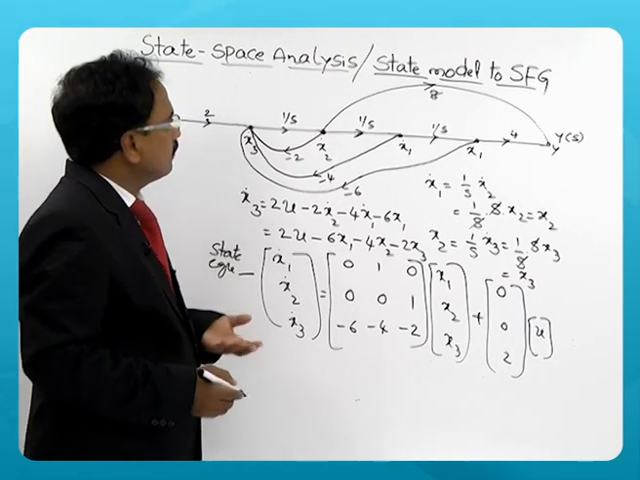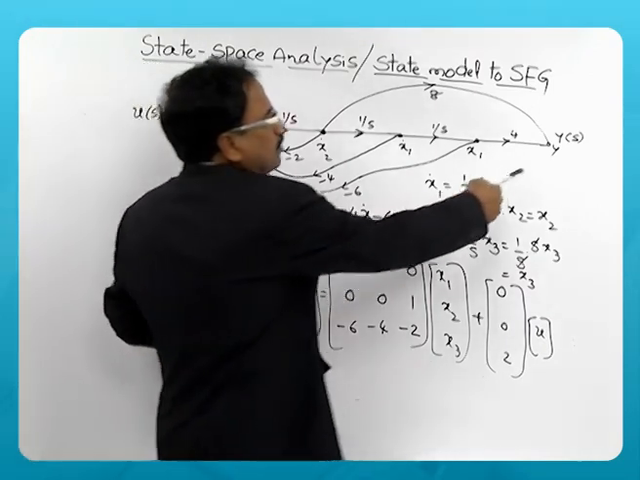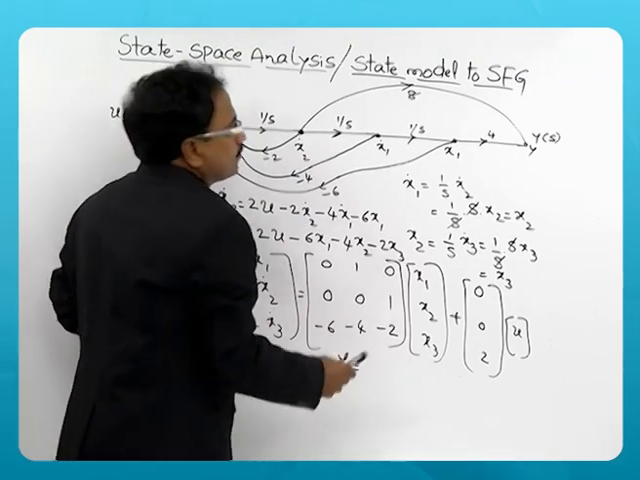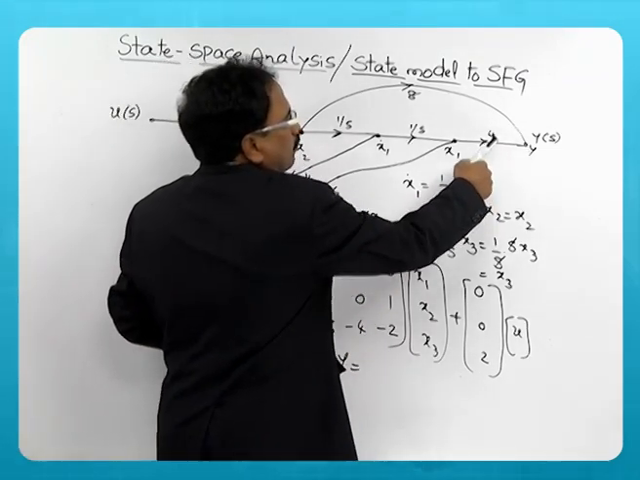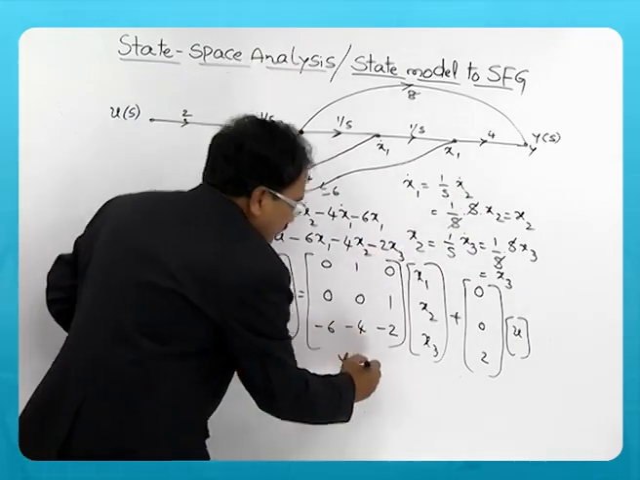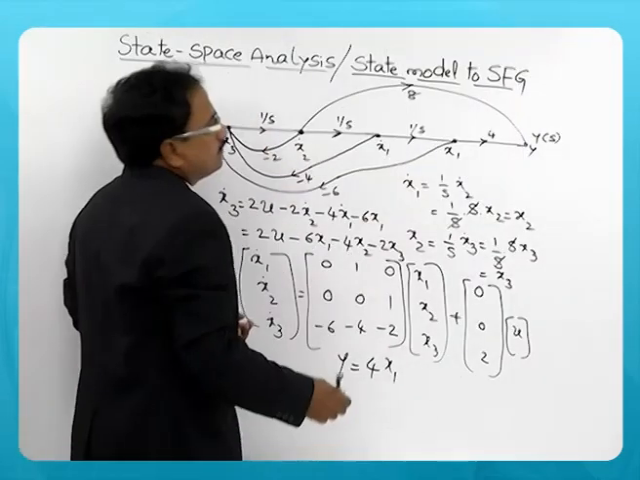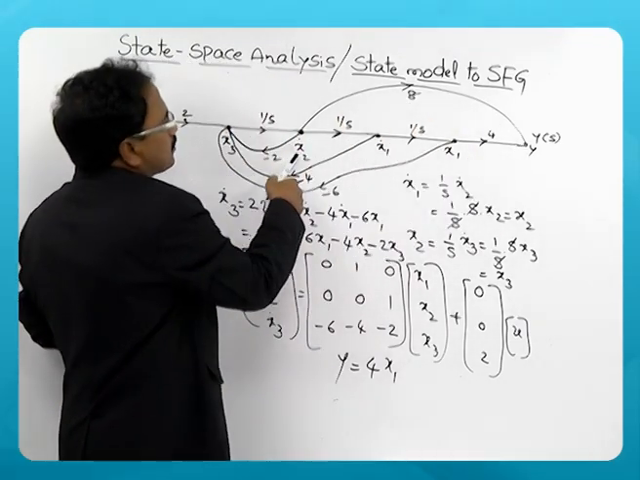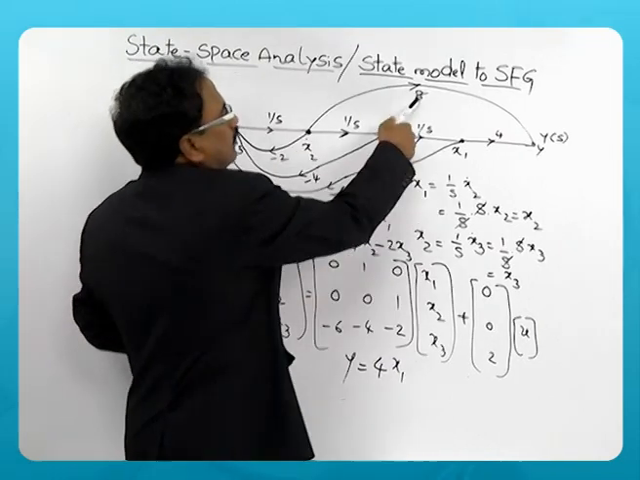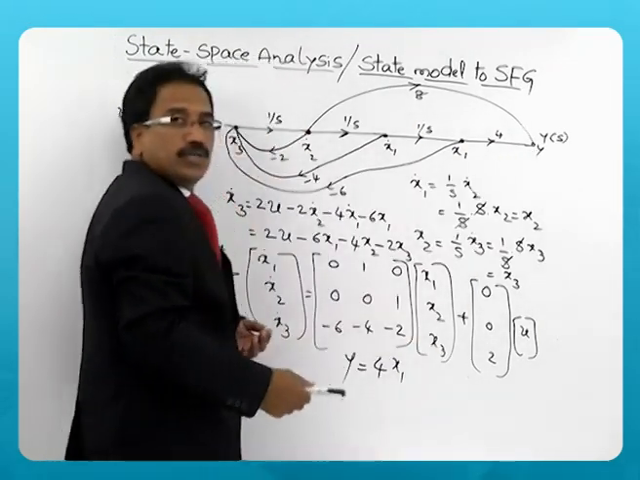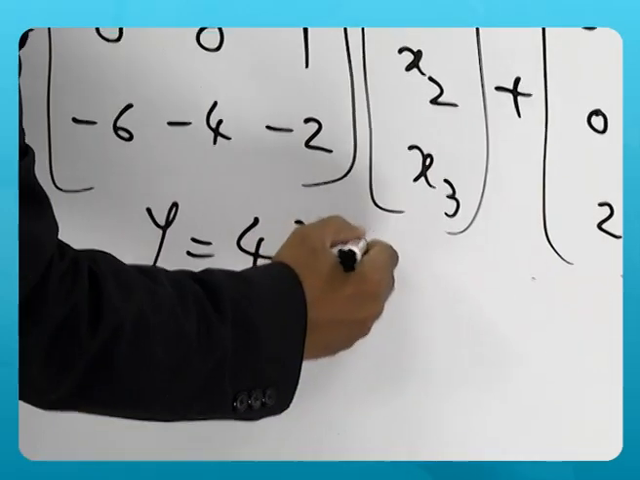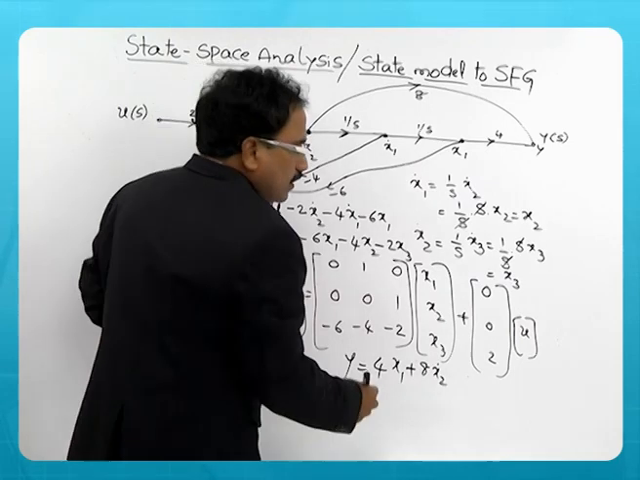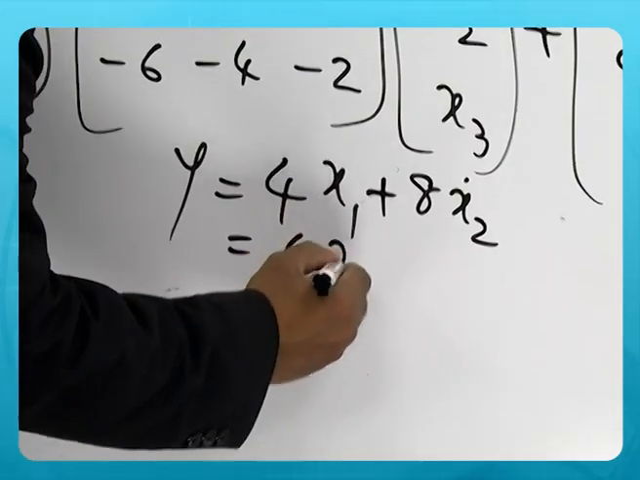Now the output equation. Output equation means y is the output terminal here. So this y, you can see y is written as 4 times x1. That is one of the paths connected, and there is another path connected to this y. It is coming from x2 dot. x2 dot multiplied by 8 is also connected to y. So plus 8 x2 dot. So 4 x1